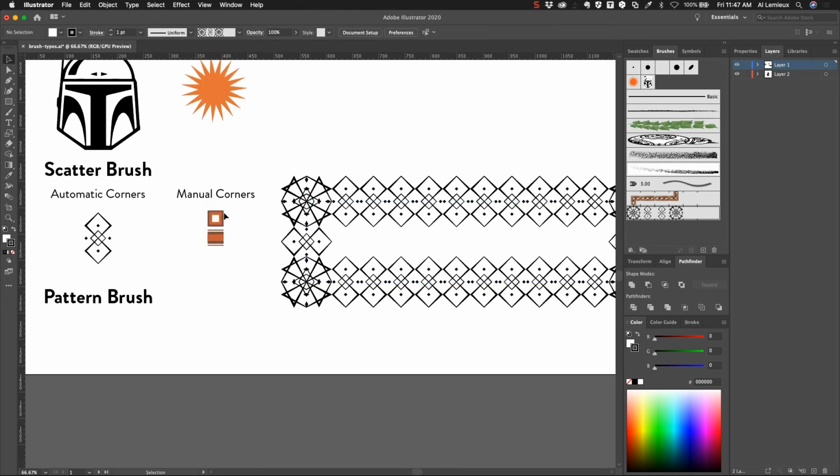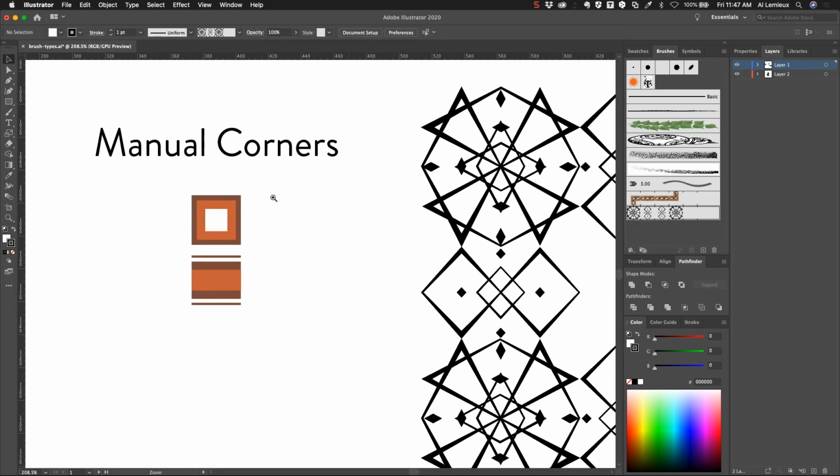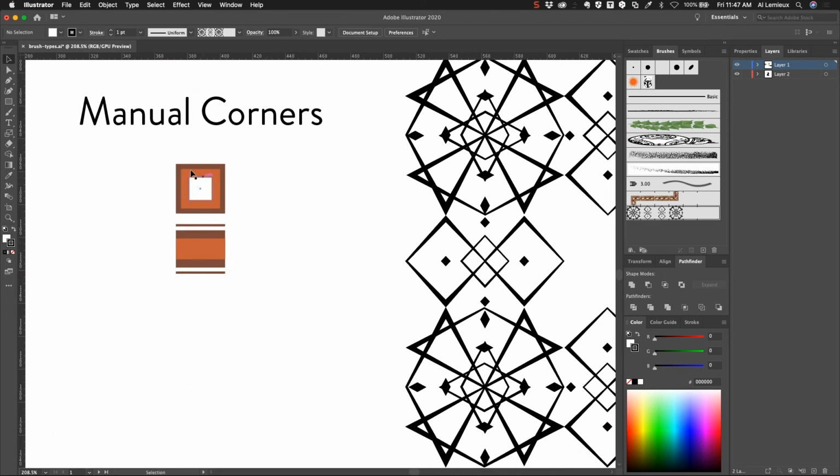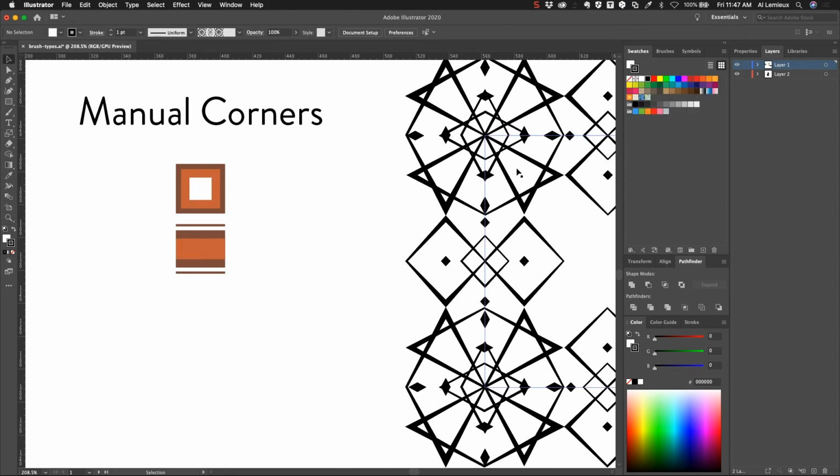Now, manually creating your own corners, I'm going to create a new brush with this artwork. So here, this would be the corner art, and this would be the side art. And before you can make the brush, you have to add these to your swatches. So I'm going to go to my swatches panel, and I'm going to select the art that I want for the corner, and I'll drag this into the swatches panel. And then I'll select this art that I want for the side, and I'll drag that into the swatches panel